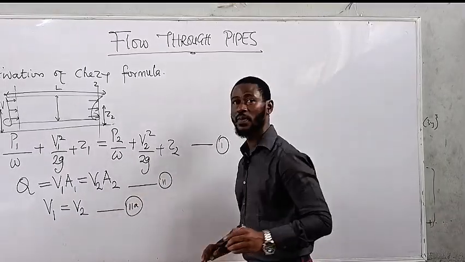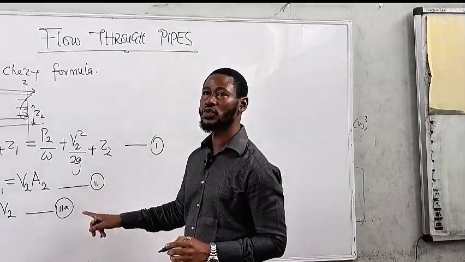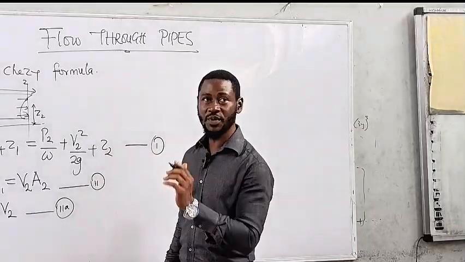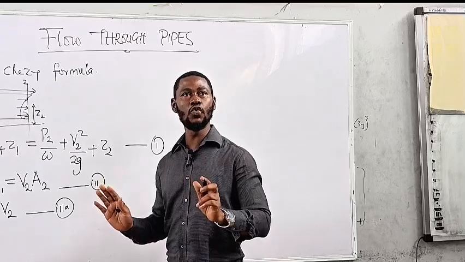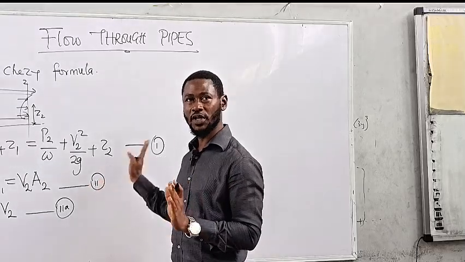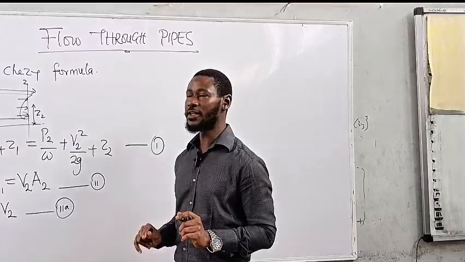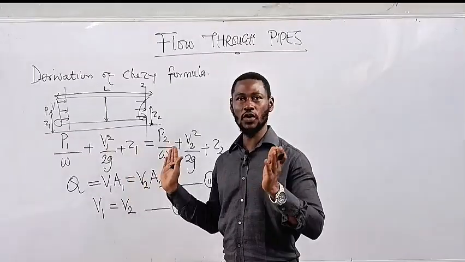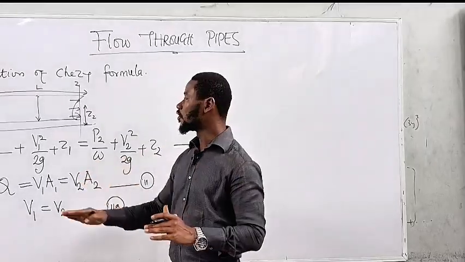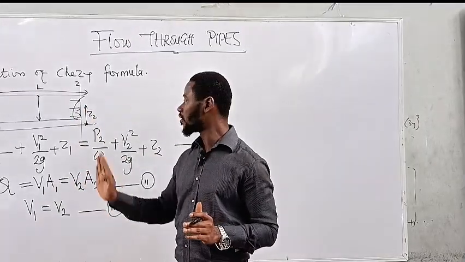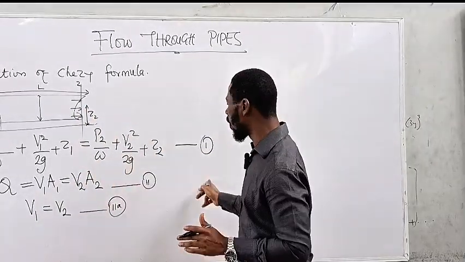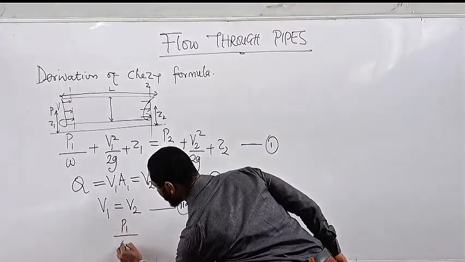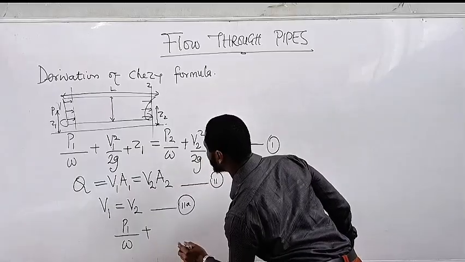Equation 2a. So we can easily substitute equation 2a into equation 1 to reduce the equation, which means V1 and V2 will be eliminated from equation 1. Similarly, when you look at the heights of 1 and 2, they are also at the same level. So we eliminate Z1 and Z2. So equation 1 becomes P1 over rho plus,